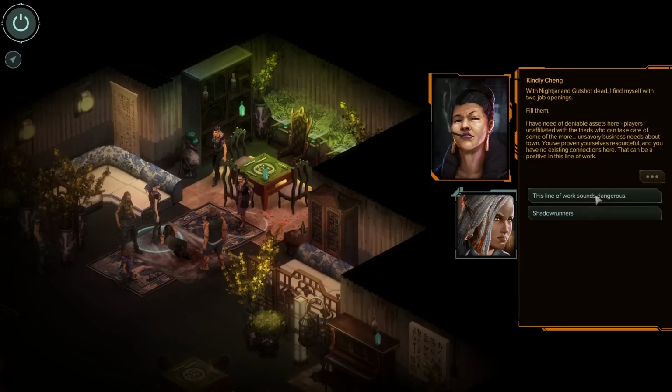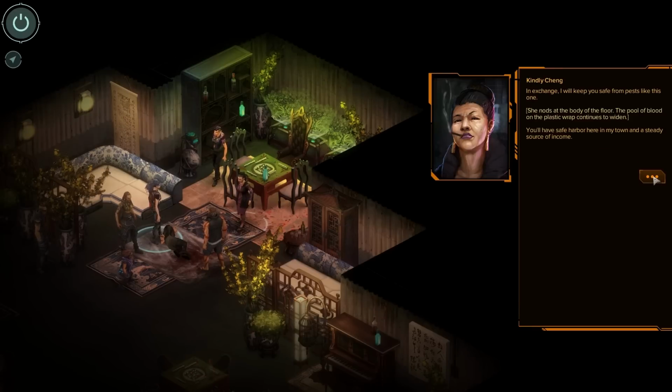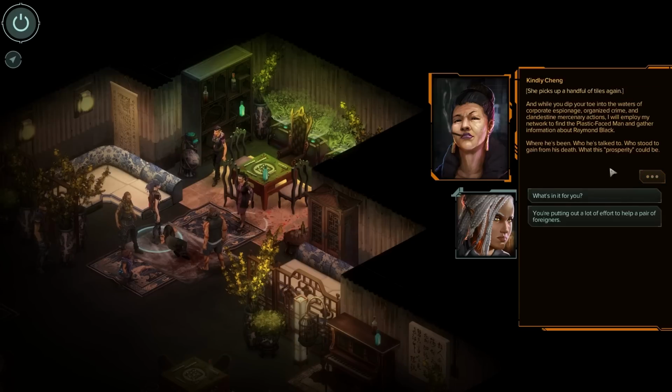Whoops. This forces you into the world of Shadowrunners. Basically, you are the mafia men of this cyberpunk world. And well, you've now got to do missions and earn some favors to help get to your foster father and find out what is exactly going on in the city of Hong Kong